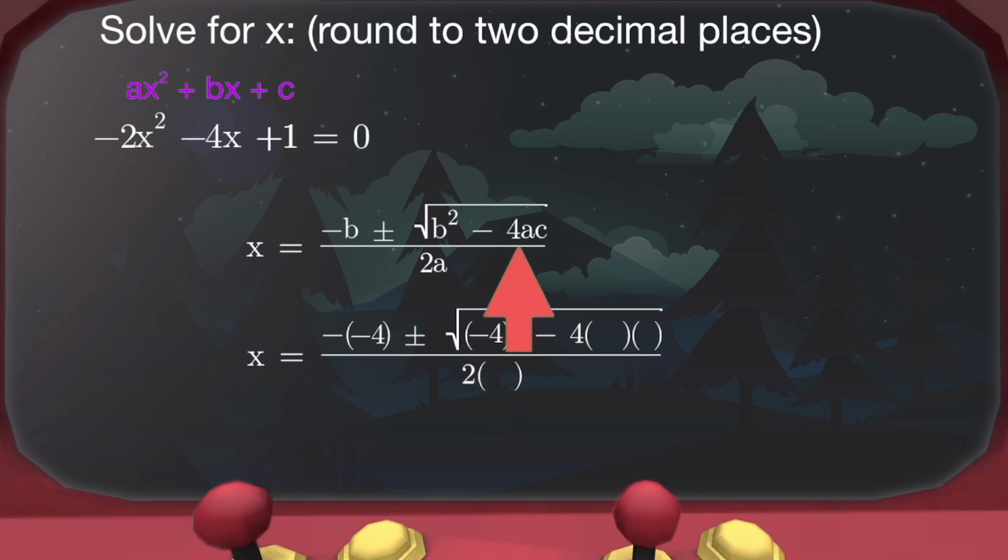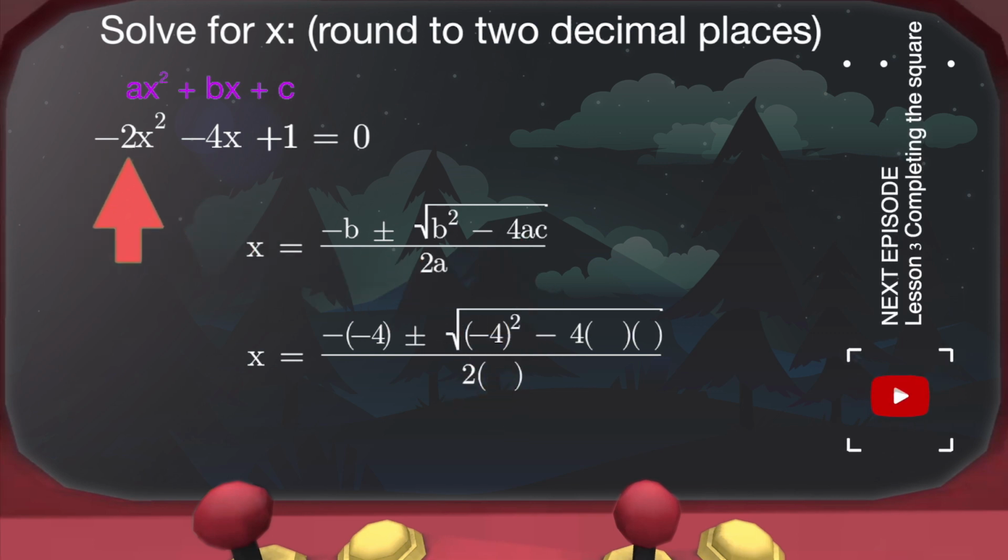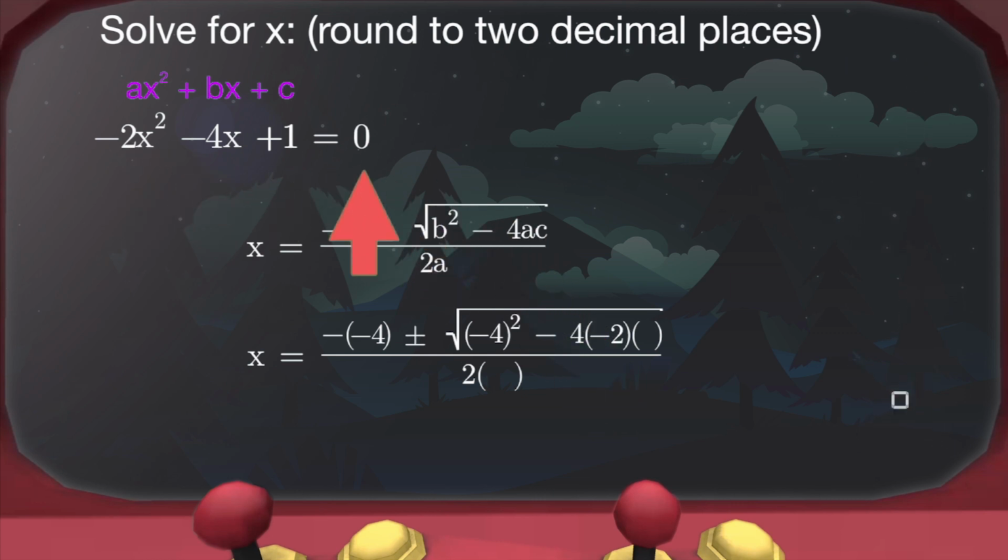And then we do the same for this a, but a is minus 2, so we take it with its sign and we put it into the place of a. And then c is a plus 1, and we put it into the place of c. There we go. And in the place of this a at the bottom, we simply put the minus 2 again, and there it is. And now that we have done the substitution, we can simply make use of our calculator,